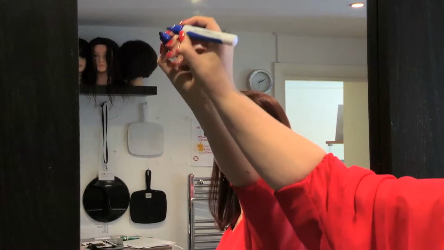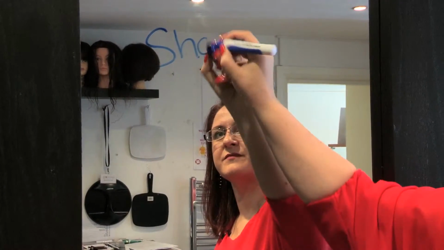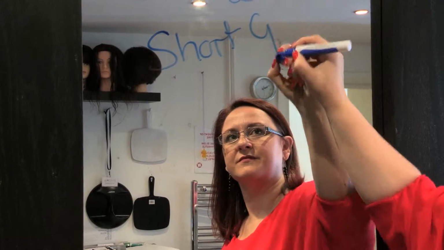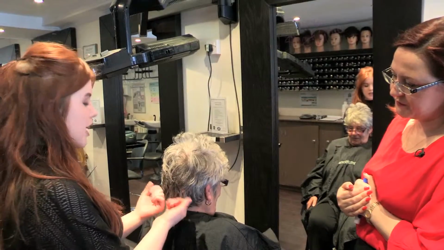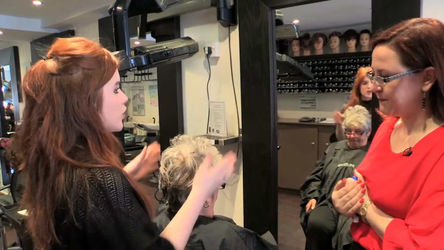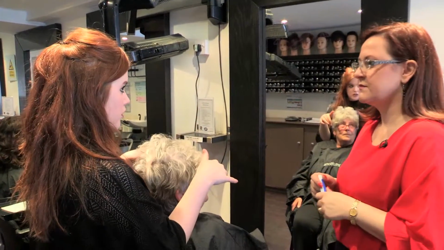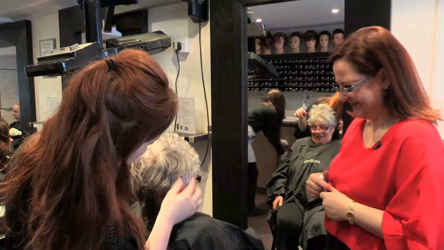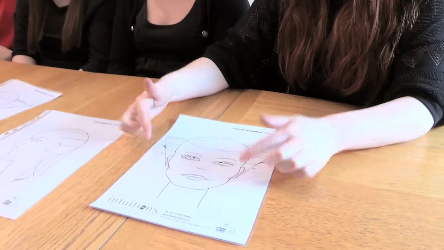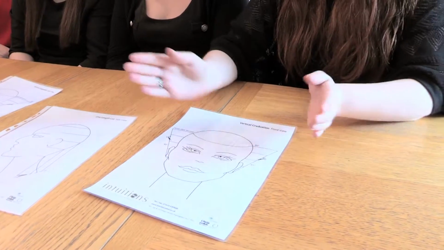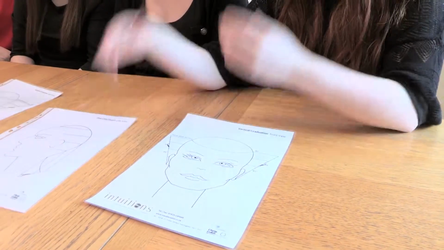We're doing a short graduation cut. So Diane likes it nice and tapering at the back, and then longer on the front to give the height when it's all dry. Yeah. But then shorter around the front again. And slightly over the ears, but not too much. This one's got layers in, so this one, it will be shorter here and longer here, so it will fall over it, whereas this one, it's all one length.